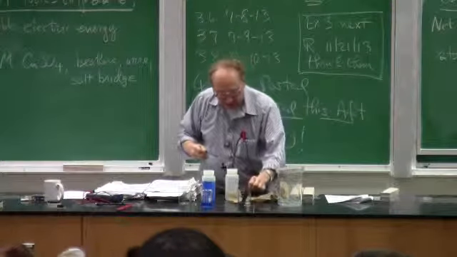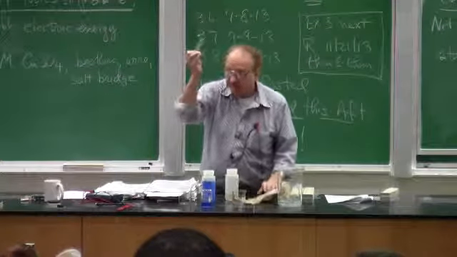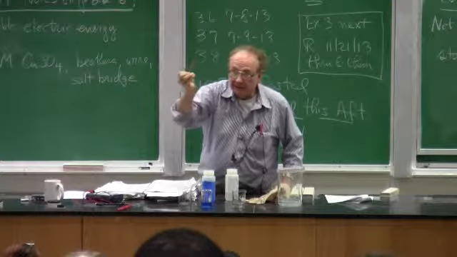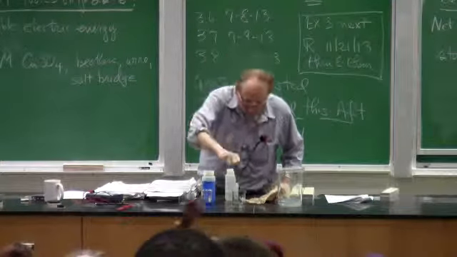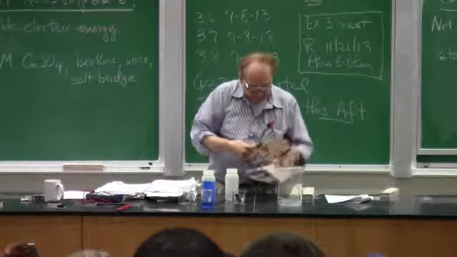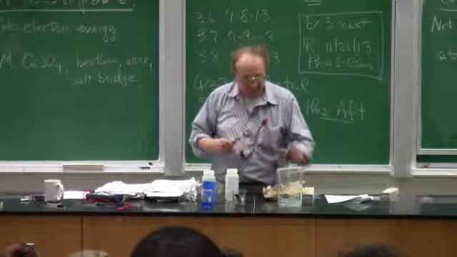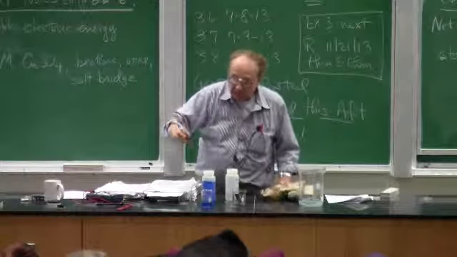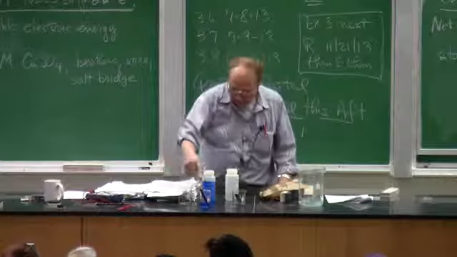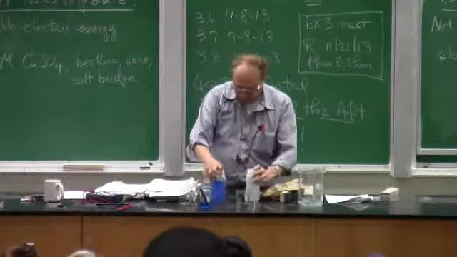Okay? What we do is to take the reducer in question, and in this case, put it in contact with its own conjugate oxidizer. That's zinc ion. And take the poorer reducer, which in this case is copper, and put it in contact with its conjugate oxidizer. Copper touches hydrated copper ion. Zinc touches hydrated zinc ion. Okay? And then